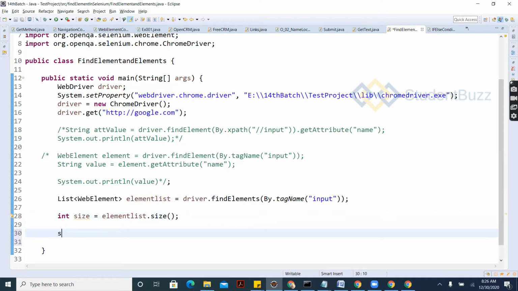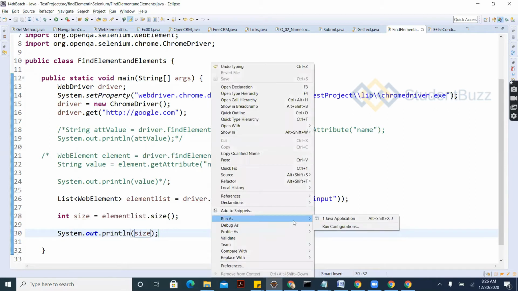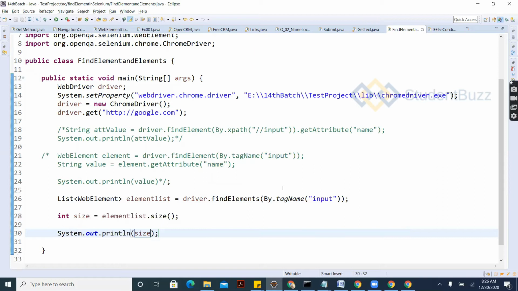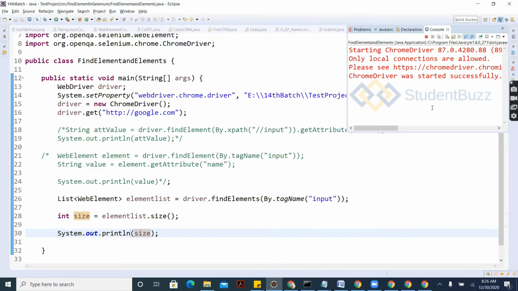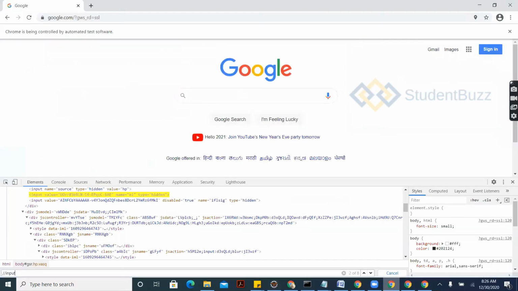Let's see. How many elements was it showing on the page? 8 elements, right? The size also needs to give the value of 8. Yes, it is giving 8, because in the page you can see here there are 8 elements. The total list of elements with the input tag is 8.